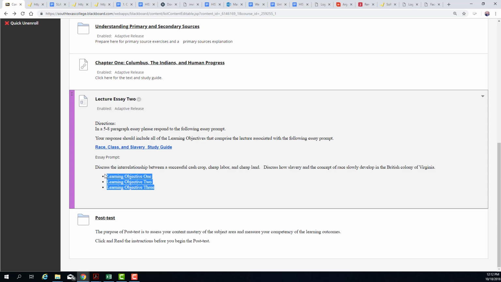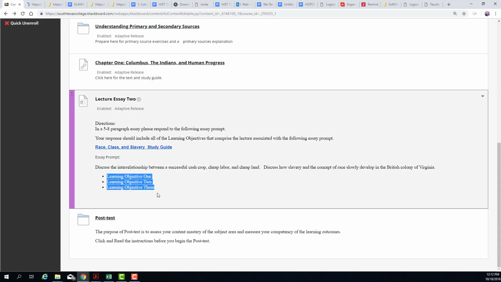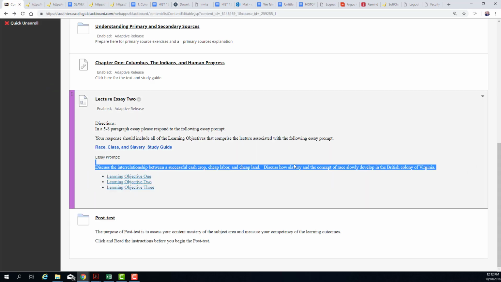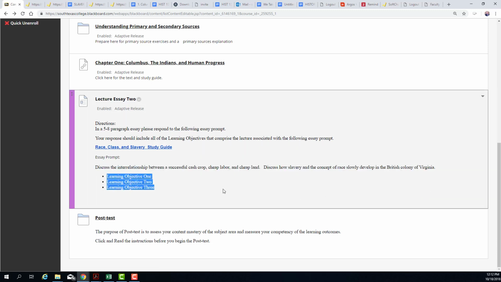The combined response to each of these learning objectives is the response to this essay prompt. So no matter what this essay prompt says, to make sure it's complete, make sure that any learning objective for the lecture, and all of the lectures work this way, is responded to. You combine those responses, and then that is your response to the essay prompt.